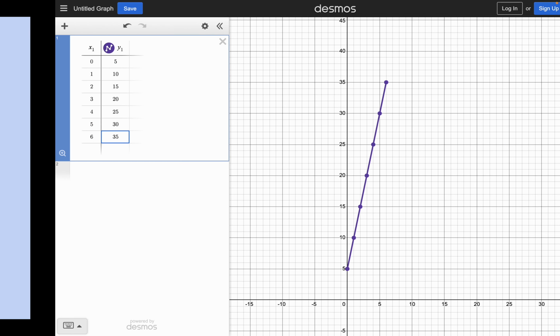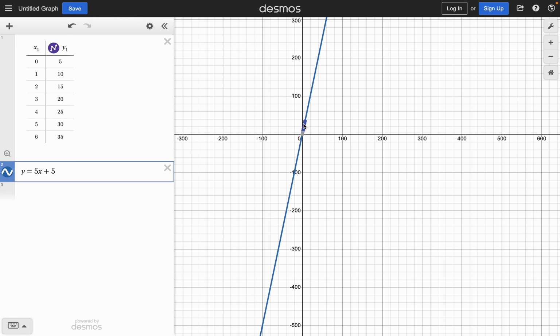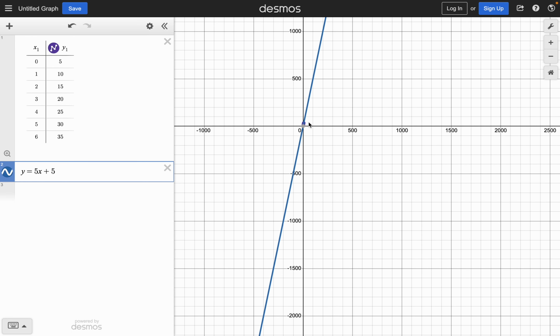So you can find that the equation that we have here is y equals 5x plus 5. And as you can see, if I delete this right here, this is the same as the plots that we just pointed. It is on the same line. It just goes on infinitely, that's all. And you can just keep zooming out and you'll see all the infinite